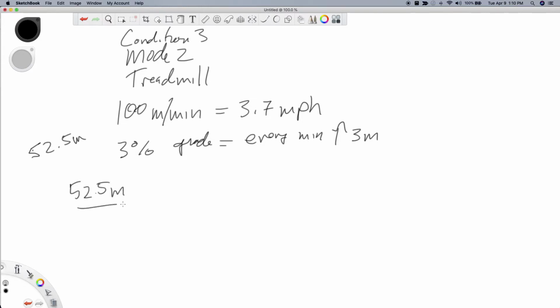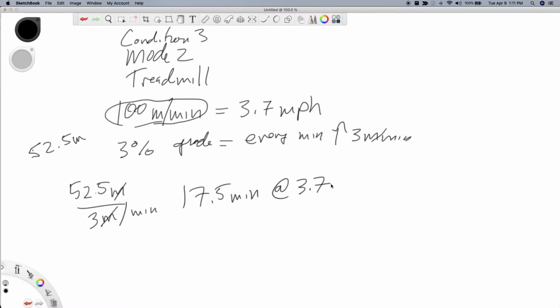Every minute we increase 3 meters. So 3 meters per minute. Then meters will cancel out here, and 52.5 divided by 3 equals 17.5 minutes at 3.7 miles per hour at 3% grade. And that is going to equal